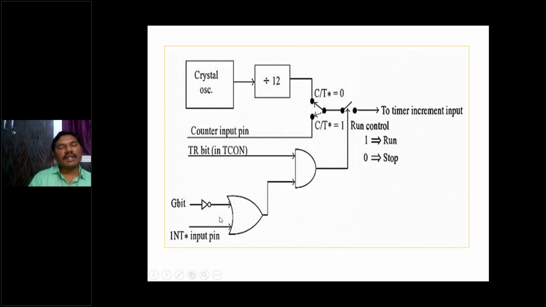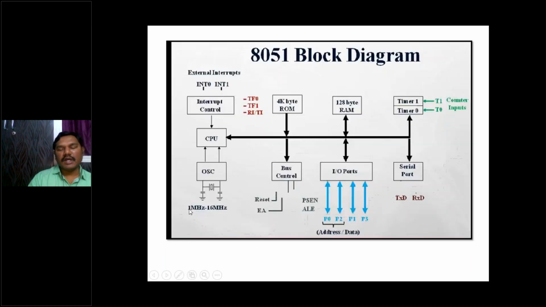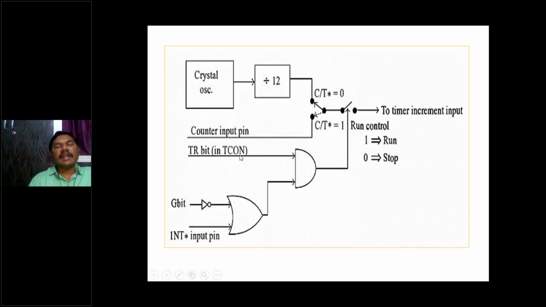If either the gate bit is 0 or 1, it can generate the output as 1, and either timer bit T0 or T1 must be 1. Then if both are 1, only then can timer 1 run, otherwise timer 1 will be 0, and that goes to the timer overflow register. Then that overflow will be set to the required values, and again reset to 000 or the initial value. That is the timer or counter operation diagram.